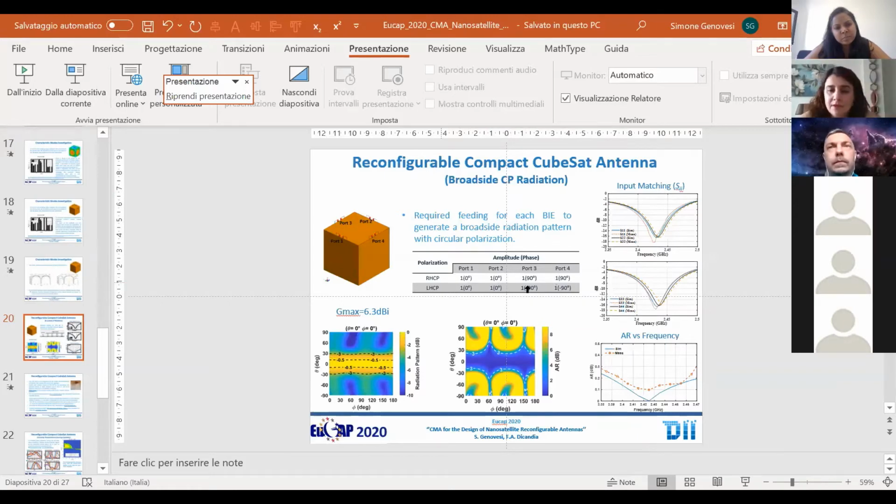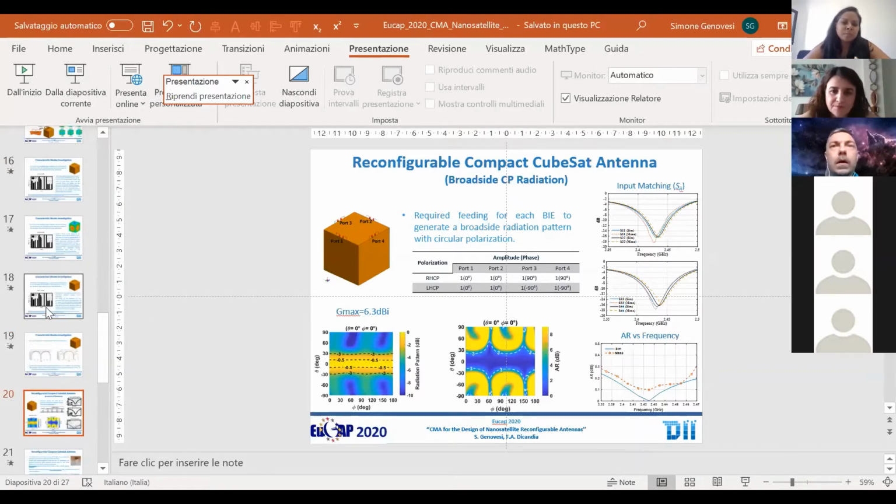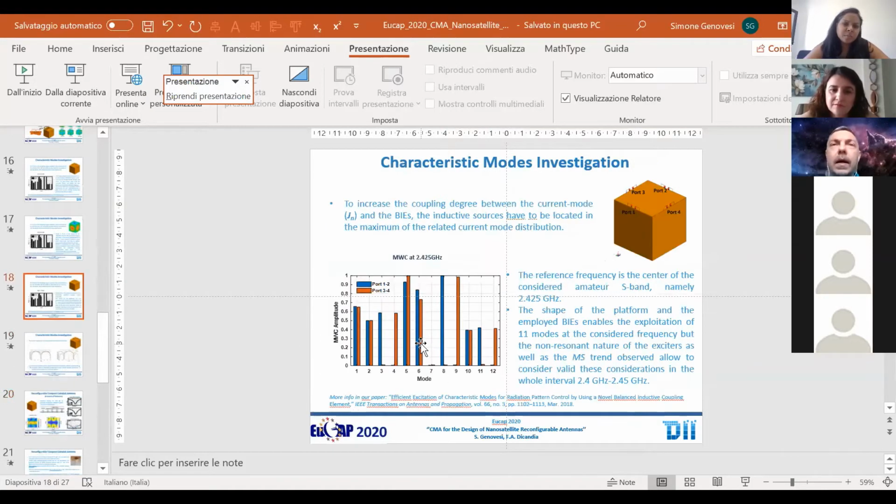In terms of calculation, when you calculate the mode weighting coefficient, if you show the equation, for example, that you had on the second slide, I believe. Here I'm feeding port 1 and 2, and I'm using FICO to evaluate the modal weighting coefficient. Why is the maximum 1, is it normalized? Yes, I normalized this to the maximum. Which maximum, of the voltage or of the modal weighting coefficients? The maximum of the modal weighting coefficient. Okay, thank you. There might be some further discussion about this, probably we can have it later.